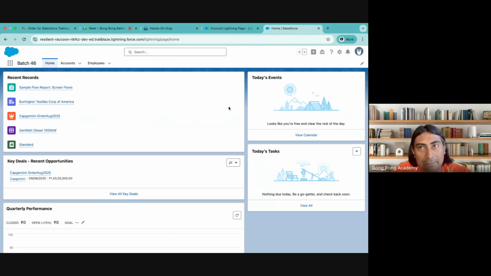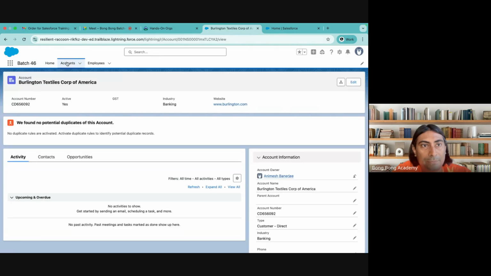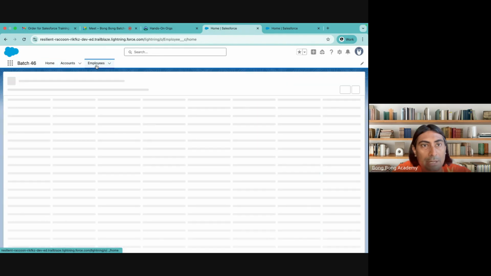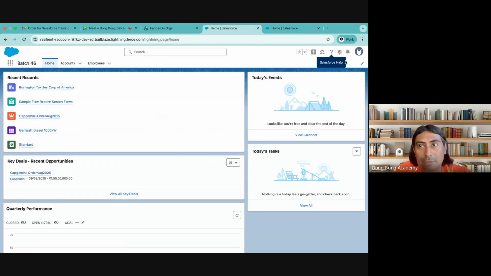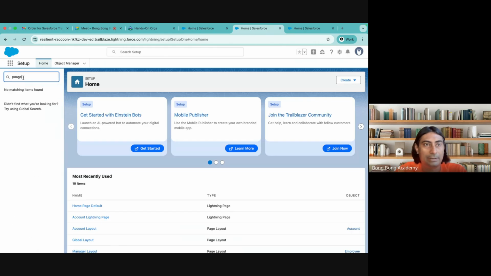Okay, so Lightning page allows you to create a homepage. Lightning page gives you a record page. Lightning can also keep a separate tab which you define from scratch. You can say that I want to create a brand new page, which is not a record page, which is not a home page. So I will go to a Lightning record page, then type page,